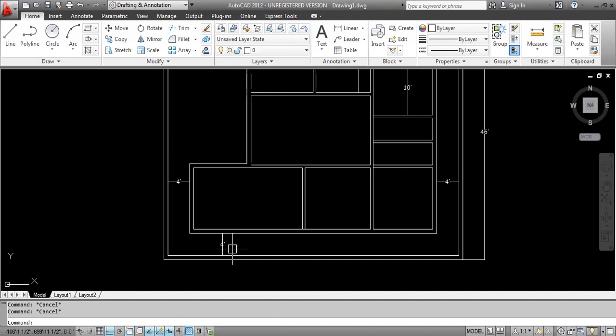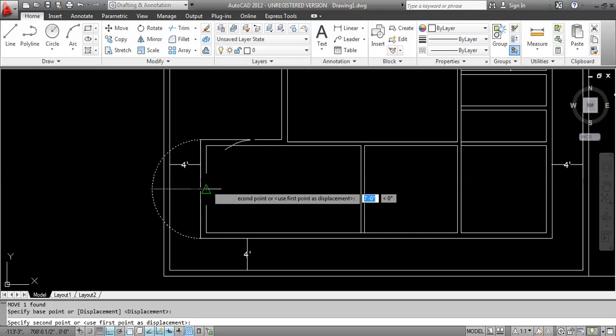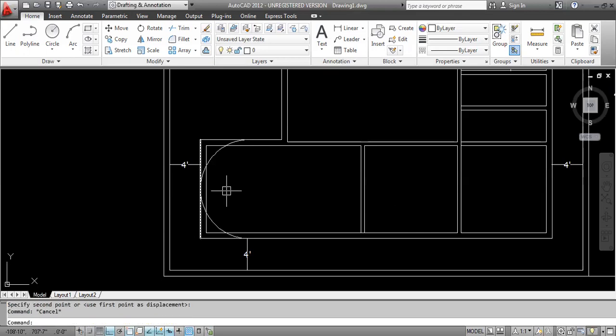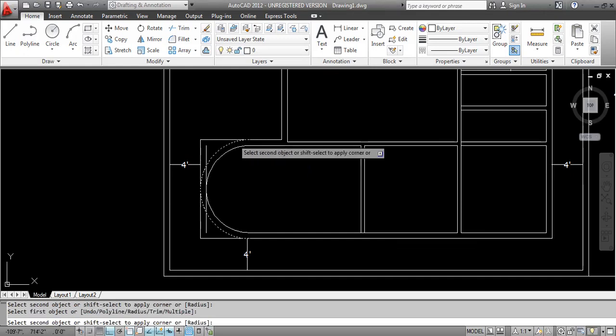F enter, M enter, selecting these two lines. I am moving down, offset 9 inches. F enter, M enter. For this one also the same thing.